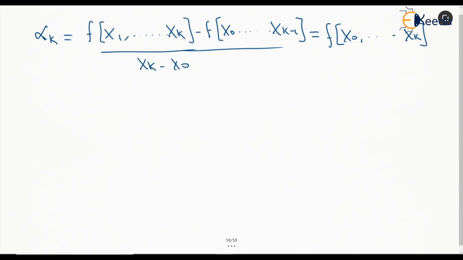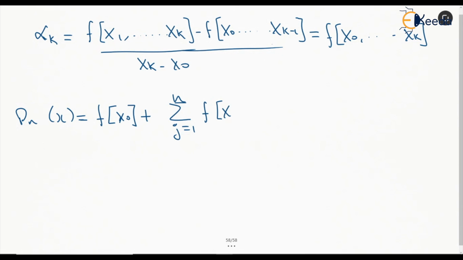We'll see this. So this Pn(x) is going to be, now that E0 is given as 1, I'm directly writing f(x0), that is the zero order difference, plus the sum from j equal to 1 up to n of f[x0 up to xj] into Ej(x). So this is the polynomial for Newton's interpolation, and we have already seen the one for Lagrange's polynomial.